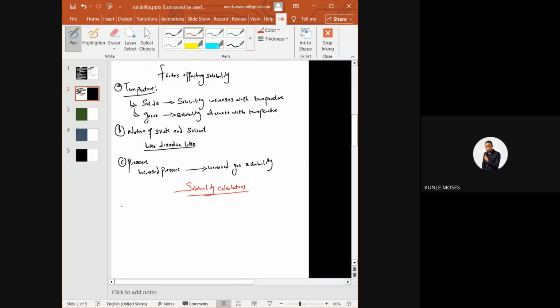The question says, if the solubility of sodium chloride, NaCl, is 36 gram per 100 gram water,